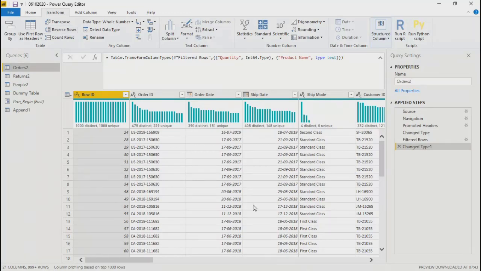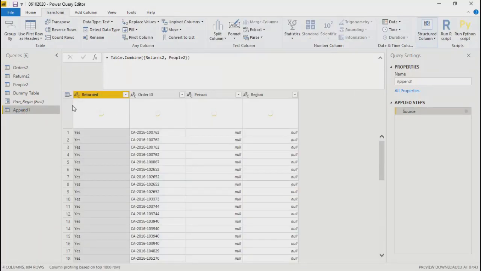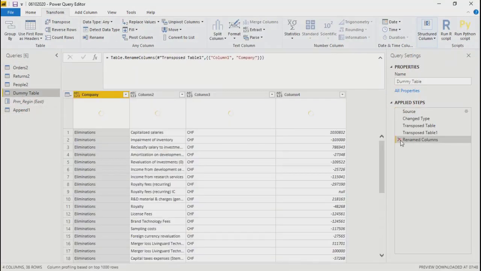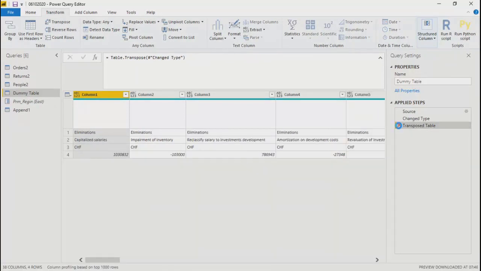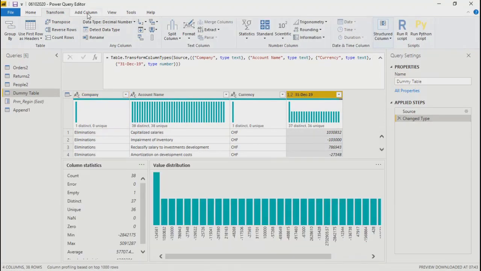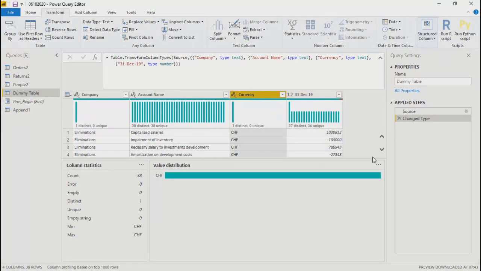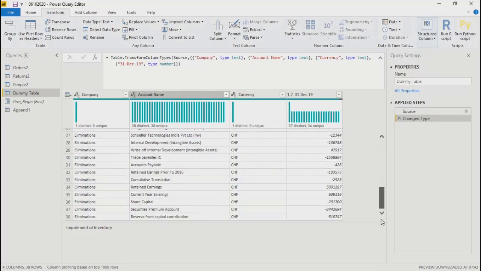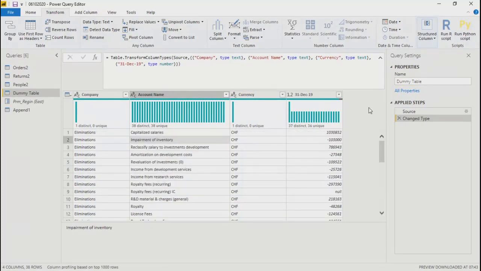So for example, I'll go back again to that small data set, the dummy table. I'll remove all the transposed steps so that I can see my original data. Now, if you see, let me look at this particular field, the date field only.